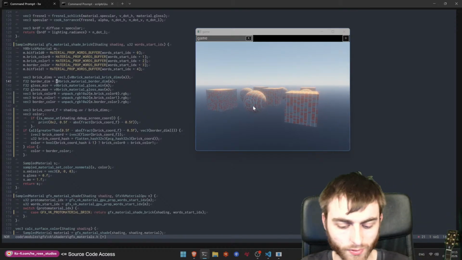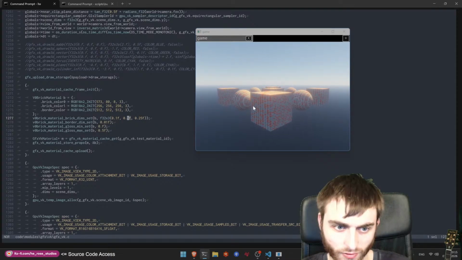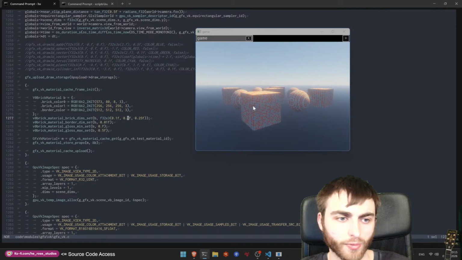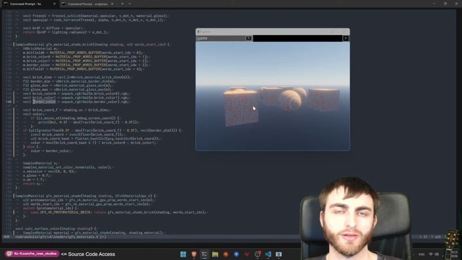Oh no, sorry, I've not done it that way. That's the brick. I'm confused now. So the brick, yeah, I've done 0.1s on a couple of dimensions and 0.25. So because there's 0.1 on the brick dims, you should be fitting 10 per meter. But because they've got a scale of 1,